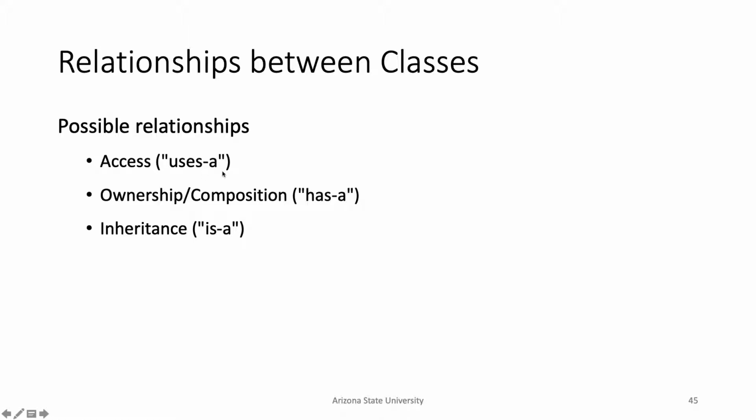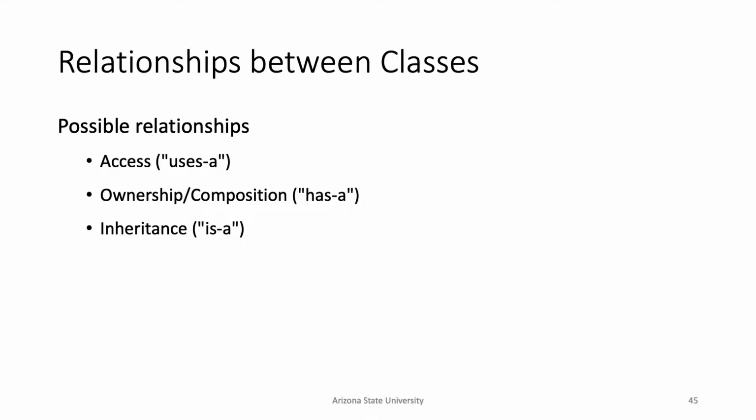That sort of thing. And then here there are relationships between objects. So the one that we have seen is basically ownership. So like, for example, remember the string class. An ASU student has a name. And then like for a double, he or she has a GPA. But there are other ones like "uses a" and "is a" that we haven't really talked about. "Is a" is actually really interesting and we will cover it. But the idea behind that, which is inheritance, is you want to minimize the code redundancy between classes.